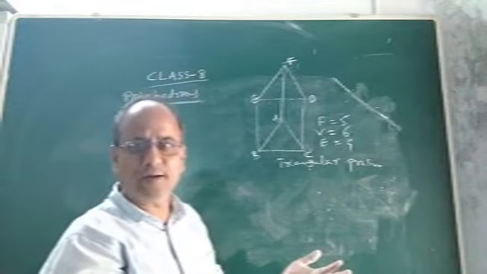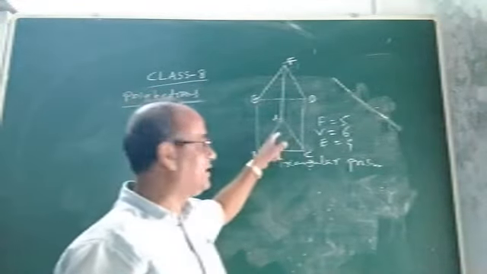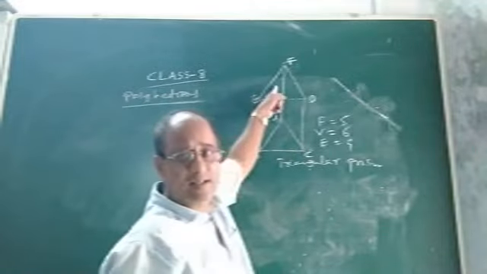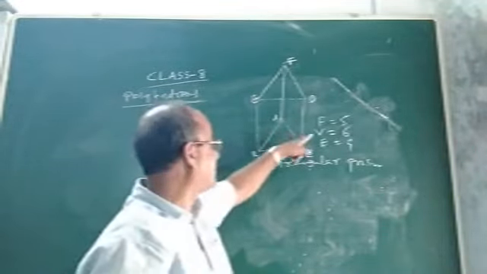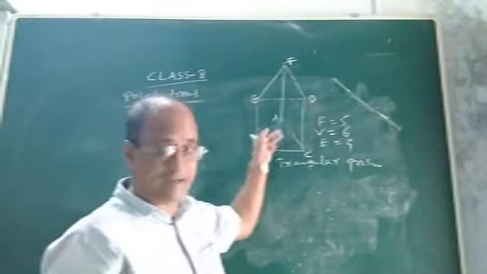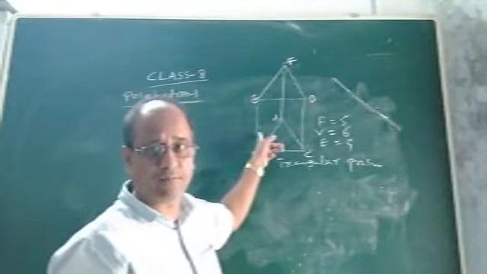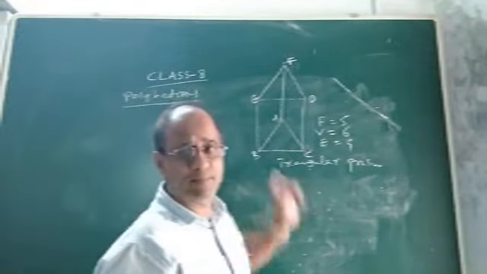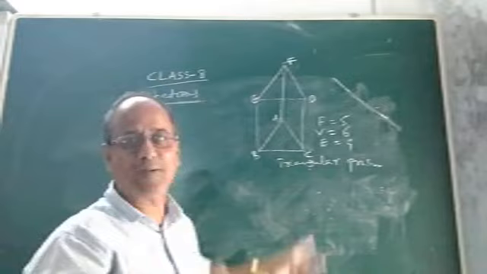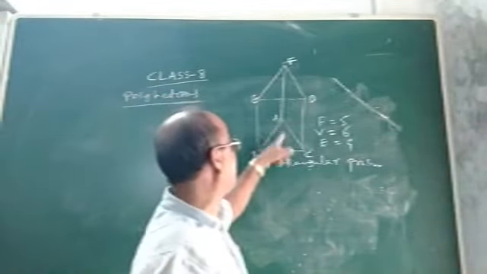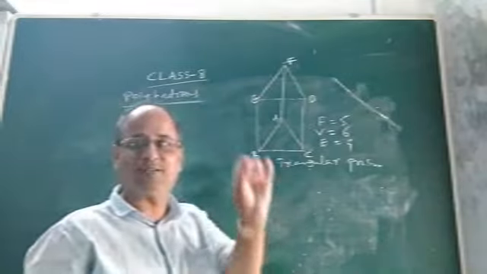So children, what do we find here? In this polyhedron we find that the base and the top are triangular, and the other 3 lateral faces, there are 5 faces in all. The other 3 faces, what are they? They are parallelograms. The other 3 lateral faces are parallelograms, and the base and the top are made up of congruent polygons, that is, triangles.